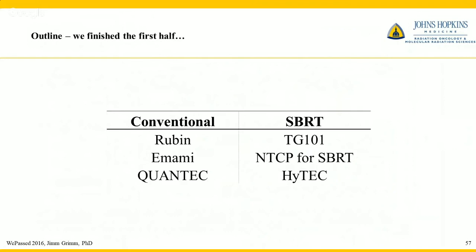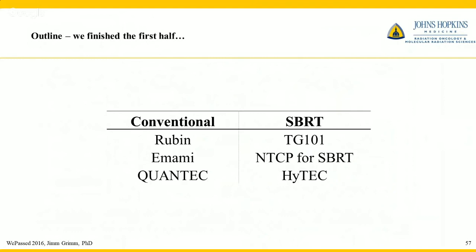Here's a question: what is the difference between BED and EQD2? And I'm trying to think if I have an example in these slides. I don't think I do. So 2 gray equivalent dose is if you take your BED and calculate what dose in 2 gray fractions would give you that same BED. So that's the answer to that question.